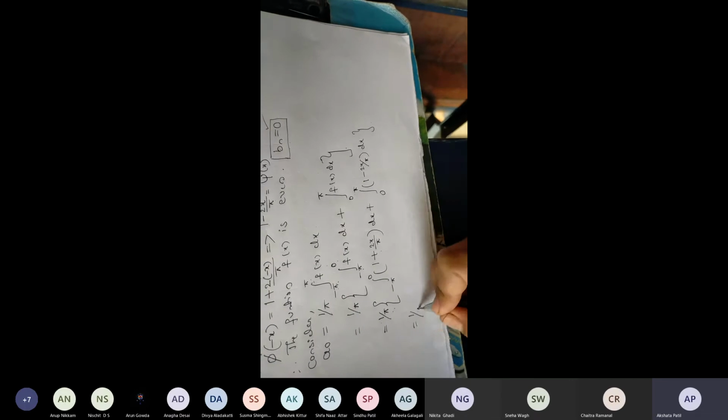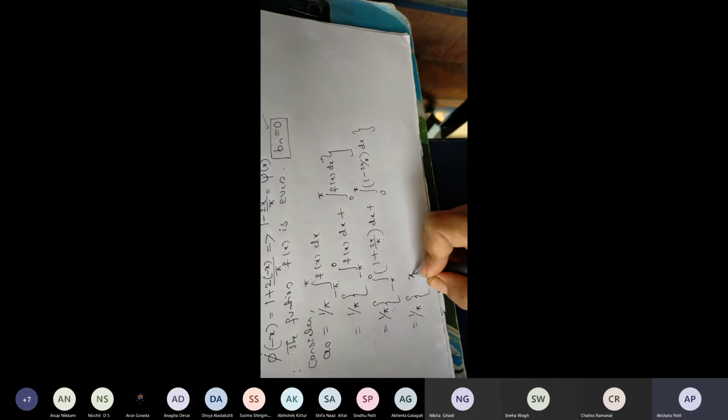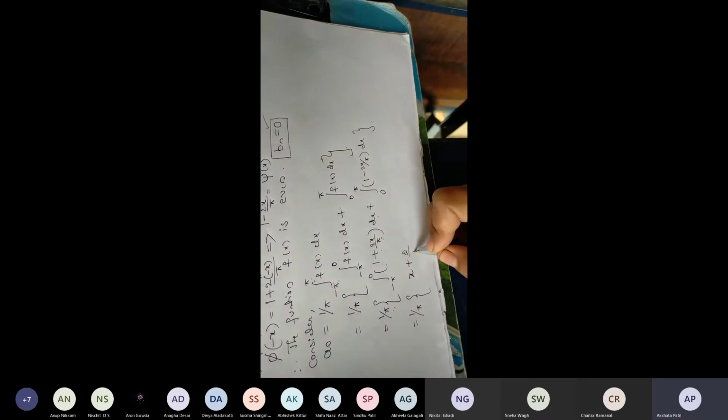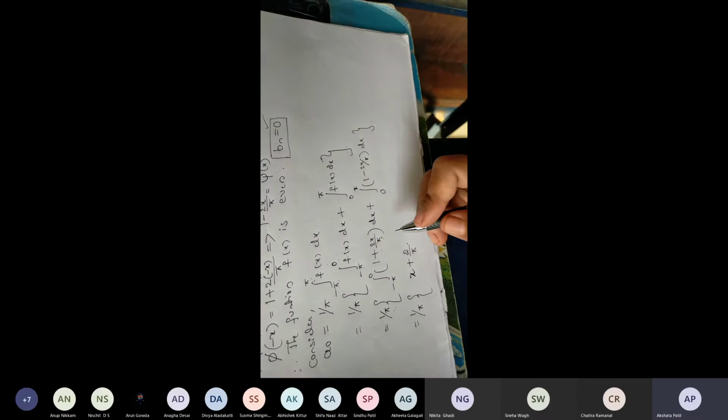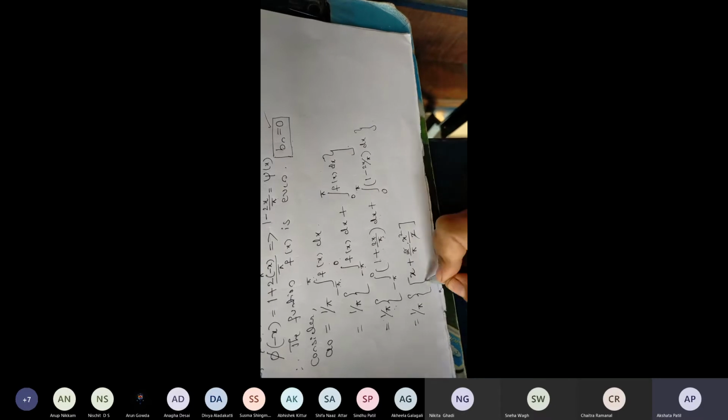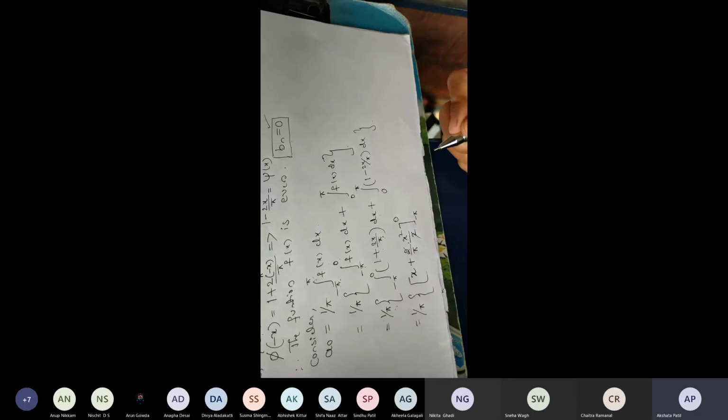Okay, so here you know how to integrate this function. So let us integrate it. Integrating 1 plus 2x by pi, you have to integrate with respect to x. So 1 dx integration is x, plus sign. 2 by pi is a constant term, keep as it is. X integration with respect to x is x square by 2. So 2 gets cancelled. So here remaining, write down the limits minus pi to 0.